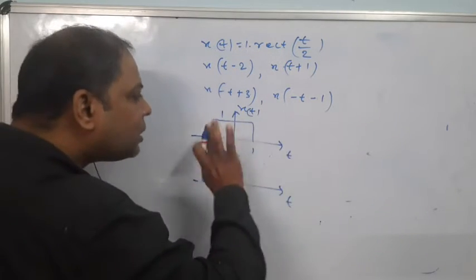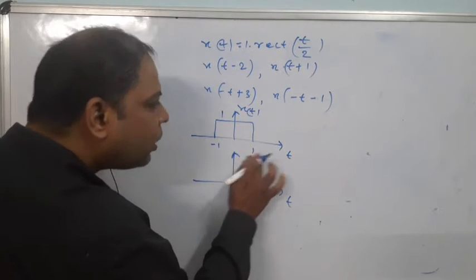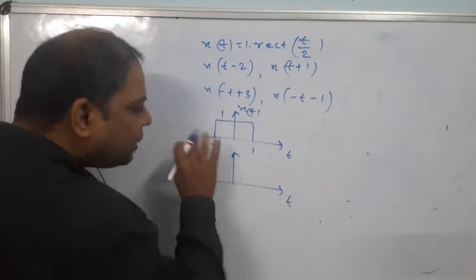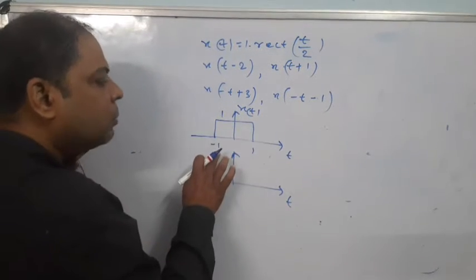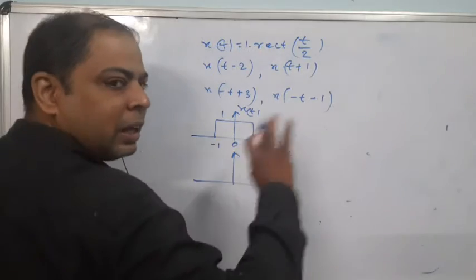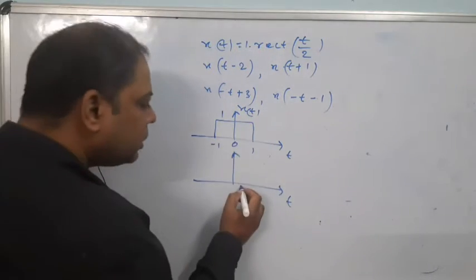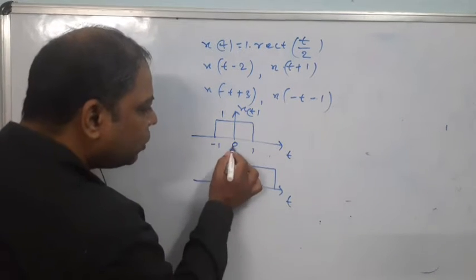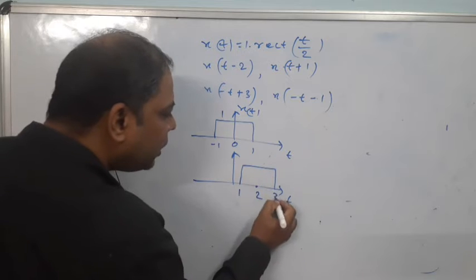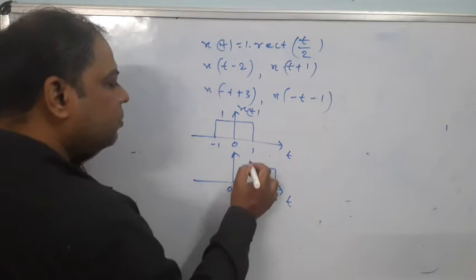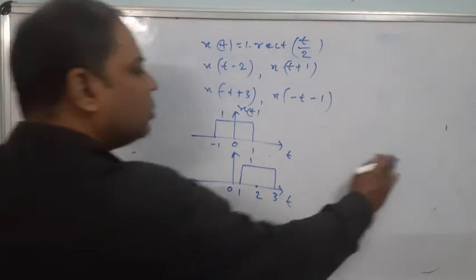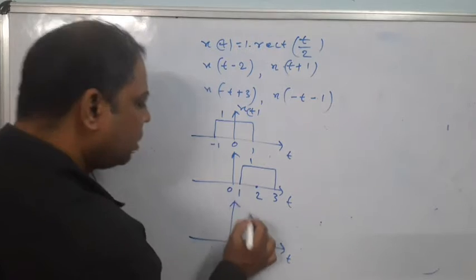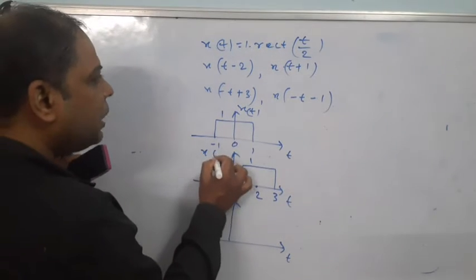So shifted towards right by an amount of 2, the point 1 is shifted 2 units, 1 plus 2, 3, so it is at 3. Minus 1 shifted towards right 2 units, it will add plus 1. 0 shifted towards right will add 2. So this is 1, 2, 3. The curve is this. Now suppose you want to sketch, here this is the time axis, try to understand, very simple. This is your x of t minus 2.